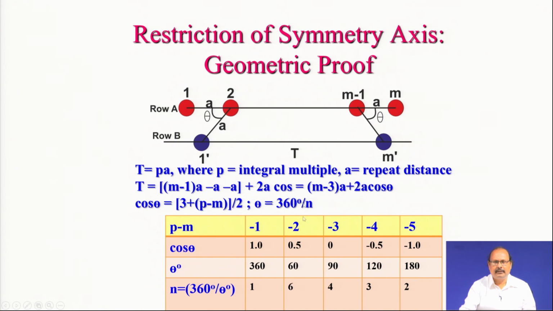And if you have p minus m equal to minus 3 here, what does it become? 3 minus 3 is equal to 0. So, cos theta is equal to 0. We know that cos 90 is equal to 0. So, 360 divided by 90, n is equal to 4, that is a 4-fold axis of rotation here. So, when we have p minus m equal to minus 4,